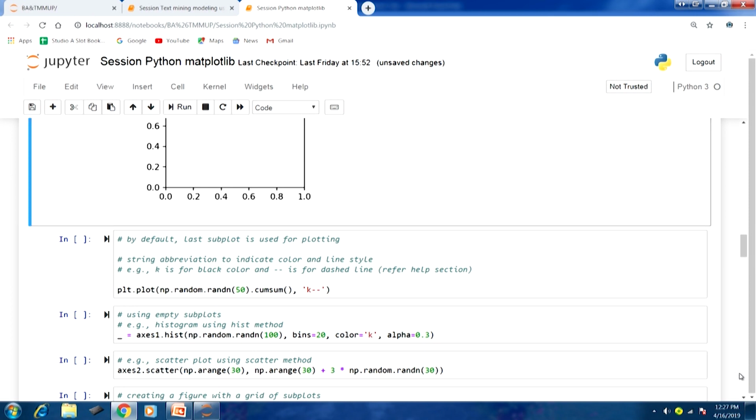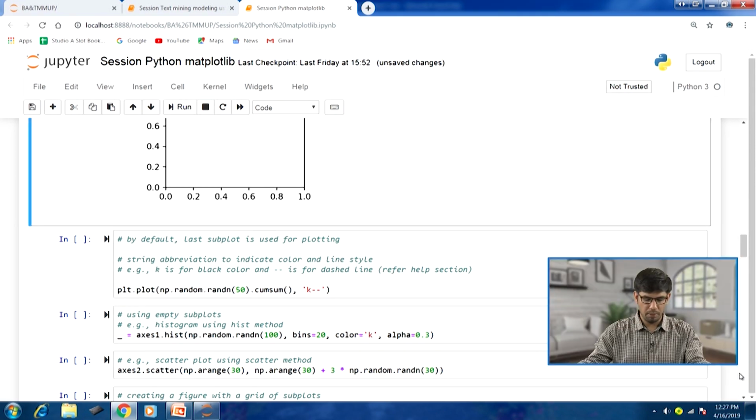Because we are using random randn, they are being drawn from the random normal distribution. So, these 50 values are going to be drawn from there, and then we take the cumulative sum, and that is going to be the data that our plt.plot function will use to generate the plot.